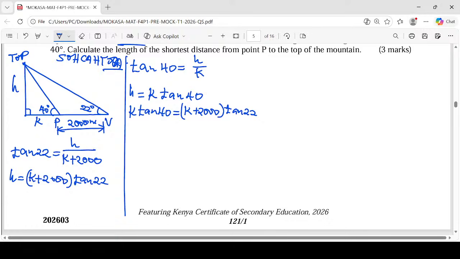So this is like saying 0.8391k is equivalent to (k plus 2000) into tan 22. Let's compute tan 22, and that gives you 0.404. When you open the brackets, this will be